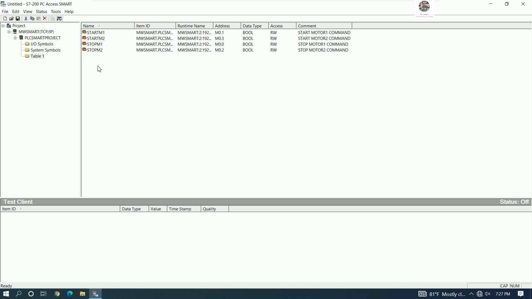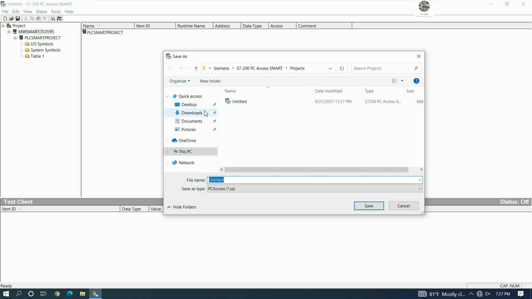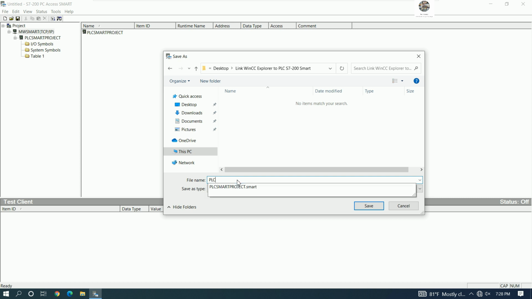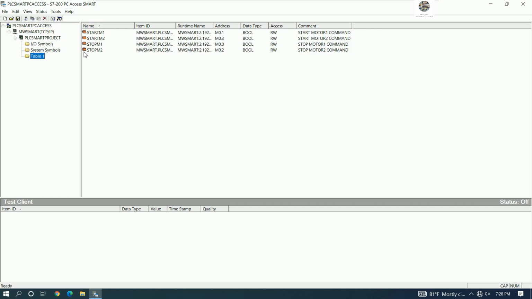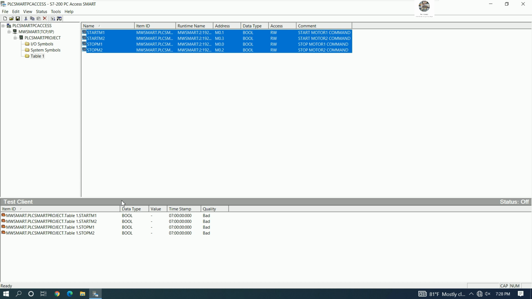And we need to go online, yes, so I will save this one first, yes, save, and then keep this option, this folder also, example PLC Smart PC access. Okay, so the project was saved. Then we can go online, yes, we can add the item here,